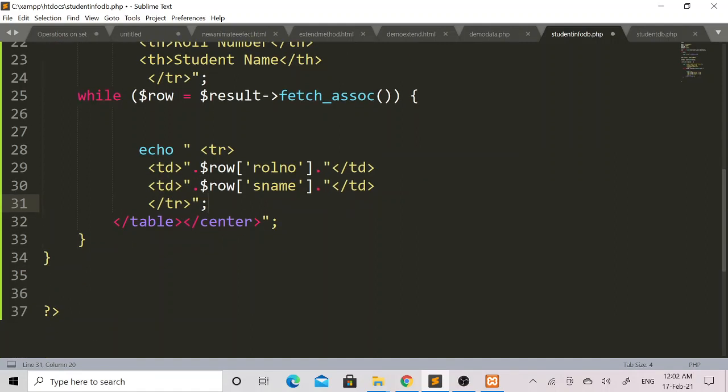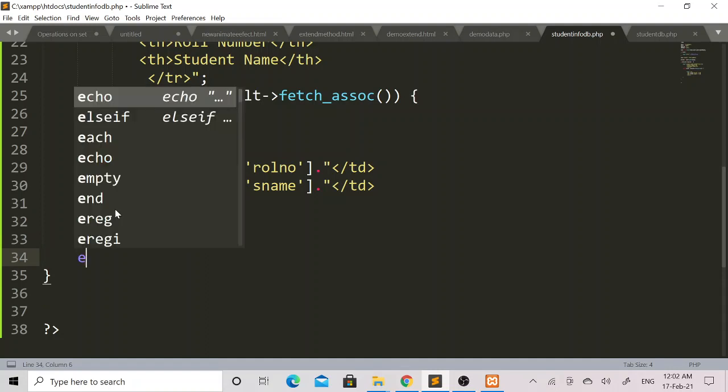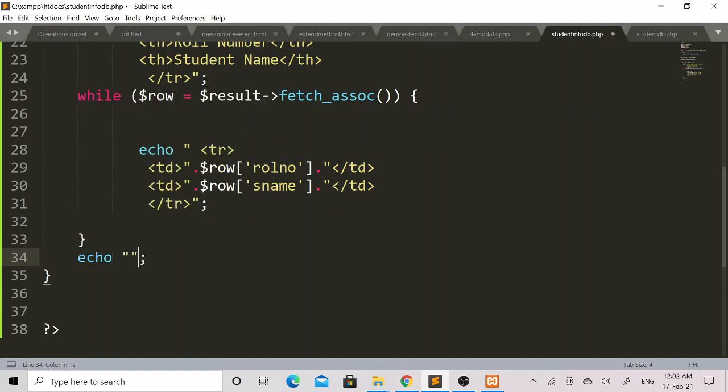Again, the closing of the table tag and center tag I will remove from this while loop, and after the end of the while loop, after the closing curly brace, I will write the echo keyword, then within double quote I will add the closing table tag and center tag. So this is the echo keyword, this is the double quote, within the double quote I have added the closing of the table tag and center tag, and after this double quote I have added a semicolon.